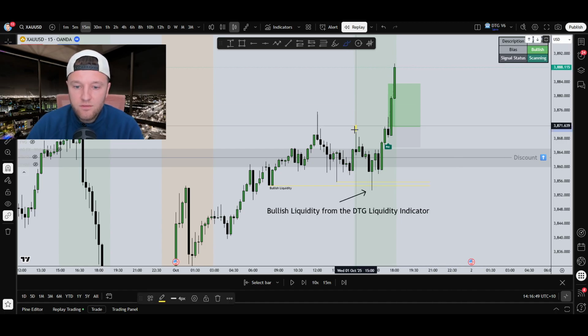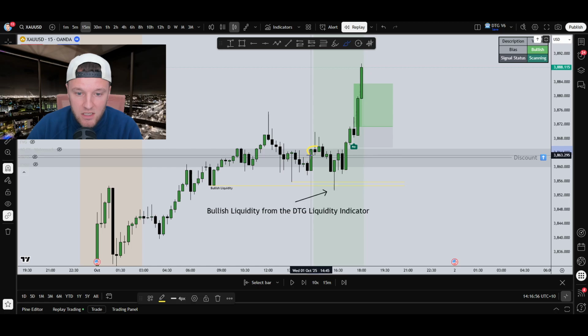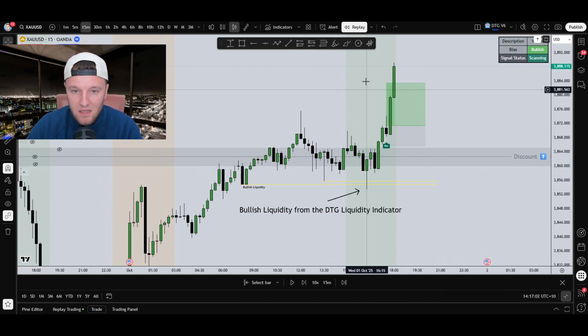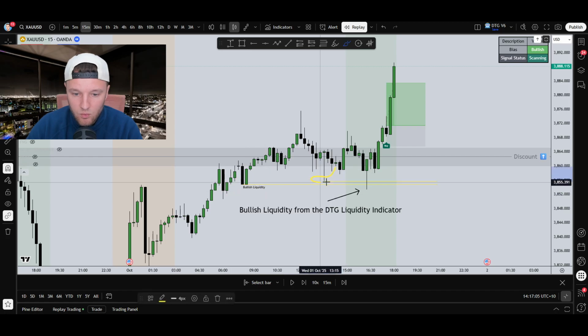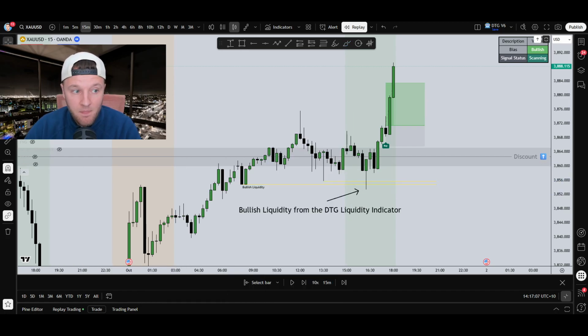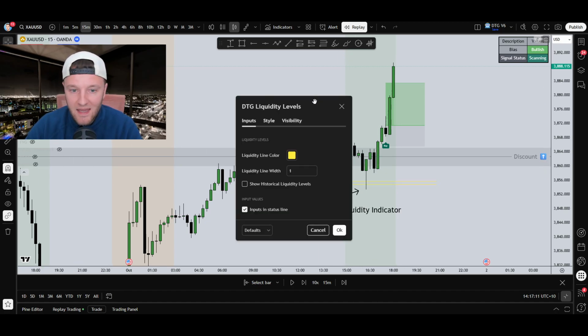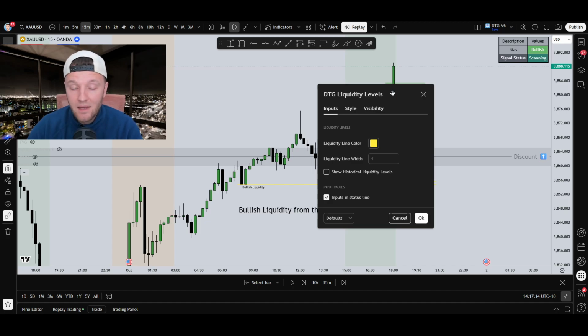We flip over into the first trading window, we have a bullish bias, and then we are looking for discount, which we get right here. Now, as you can see, we do actually open up inside this discount area, and then we start dipping down. This is beautiful. We then come down into the bullish liquidity levels, one right here and one right here, which are given by the DTG liquidity levels indicator. Again, all automatic and updates throughout each session for you automatically,